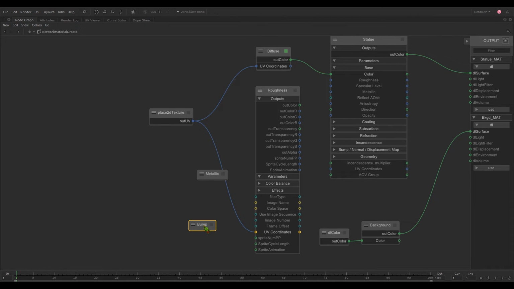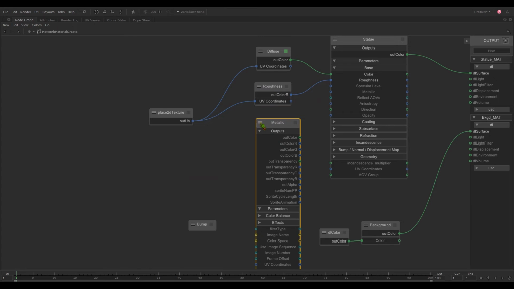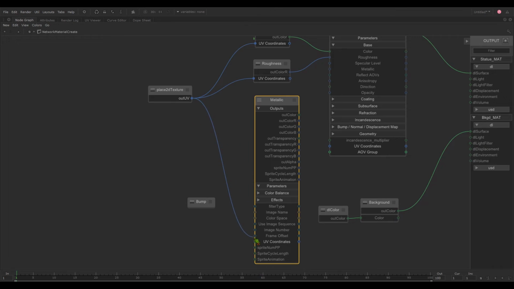Not exactly sure why it comes out of the color, but it does. It just is what it is. Maybe somebody in comments can explain why. I have no idea why. But now we need to connect the out color R, which is the red channel, into the roughness channel for the shader. Collapse this to level 2. We're going to connect the metallic, out UV, out color R to metallic,